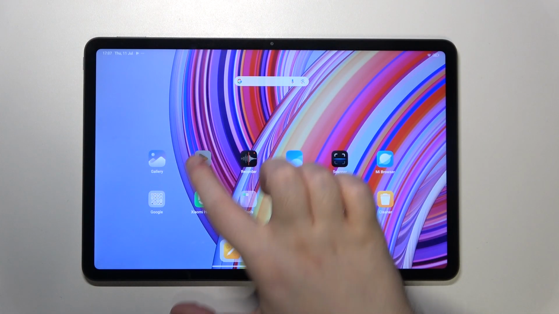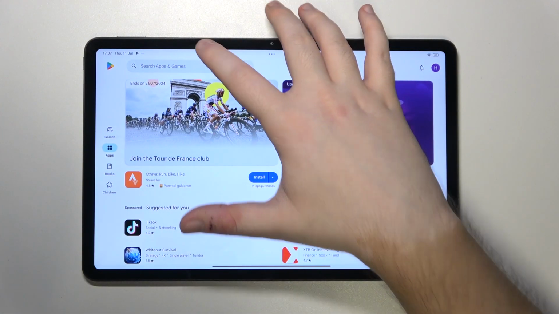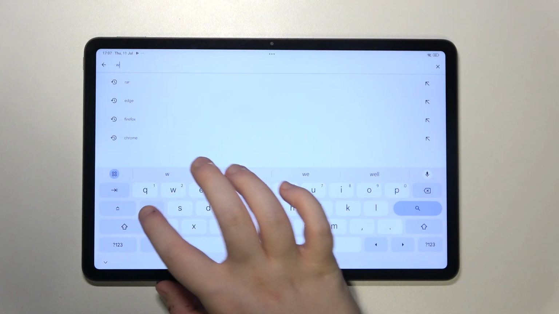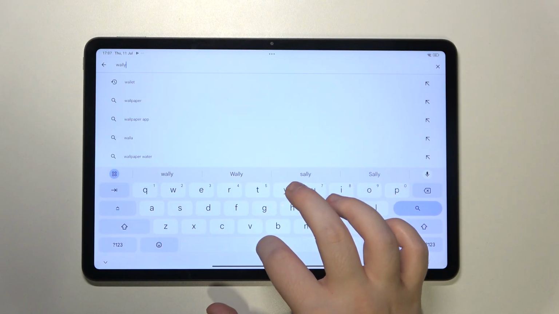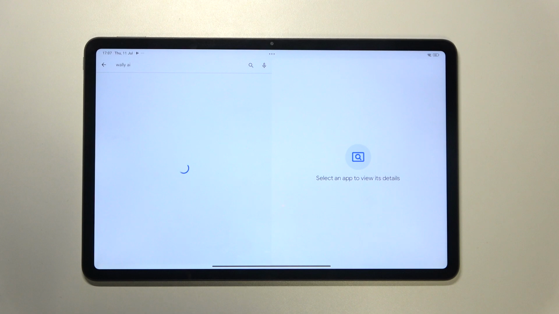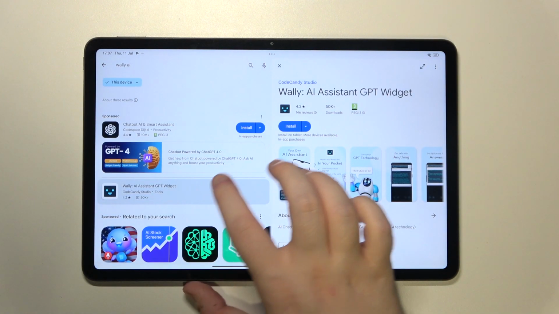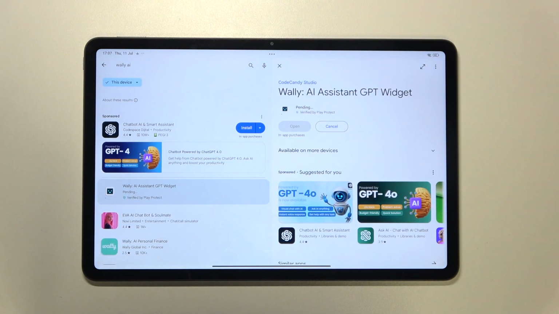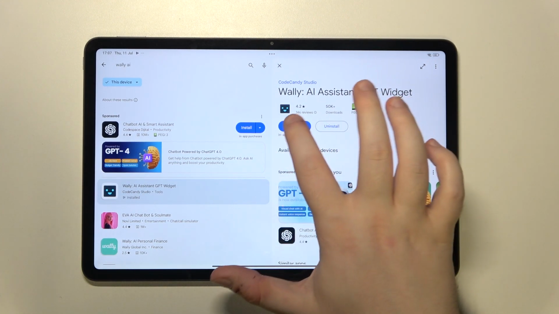So you have to start by opening your Google Play Store, then click on search bar and type in Wally AI and click search. Then select this application and click install. Now you can click open